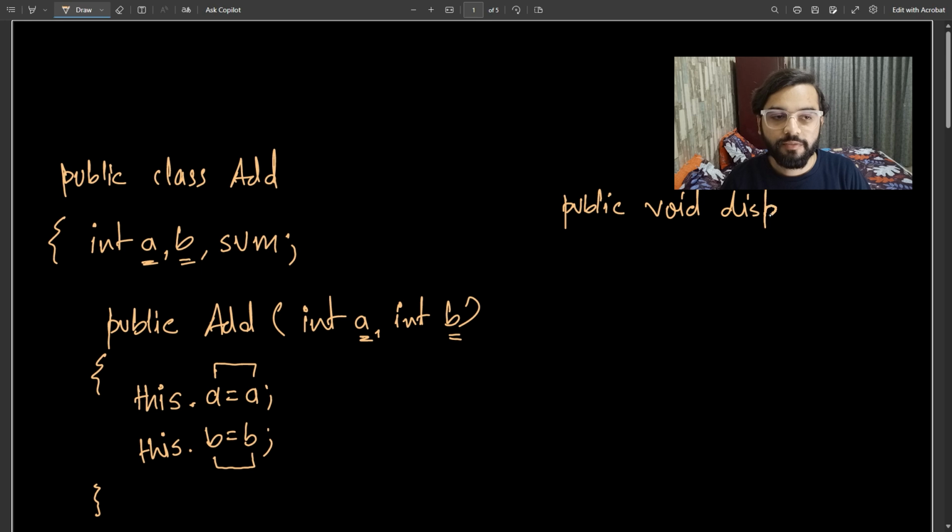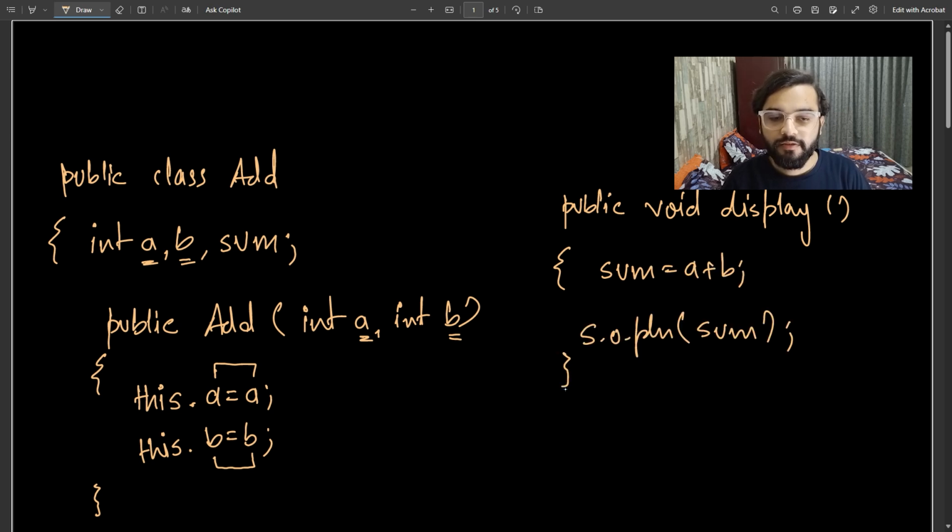So I will take a display method which will simply calculate the sum and print the value. And then we will have public static void main which will call the constructor. So I will create an object of add like add a1 and it will